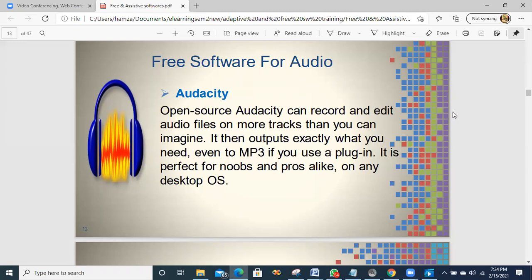So actually what you can do here, it's a very good software. I have downloaded it, and I have made a video also. I will show you a little bit later when I finish explaining these free software. You can just go to Google and search Audacity and you can download it. And after that,